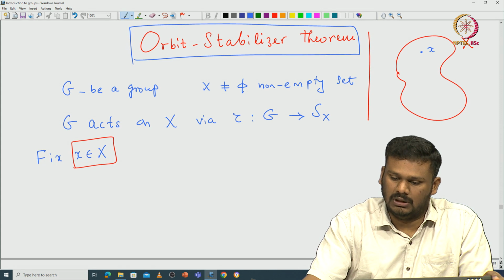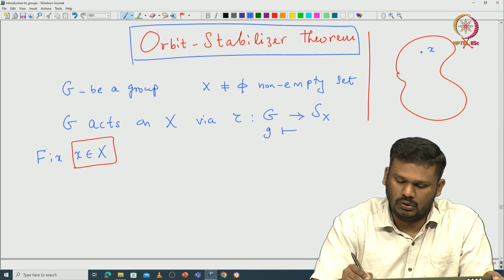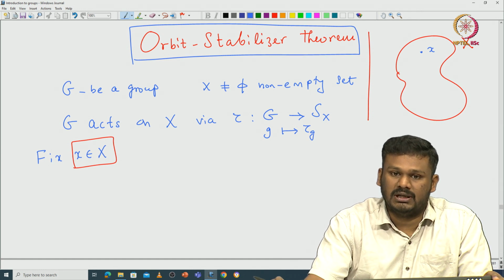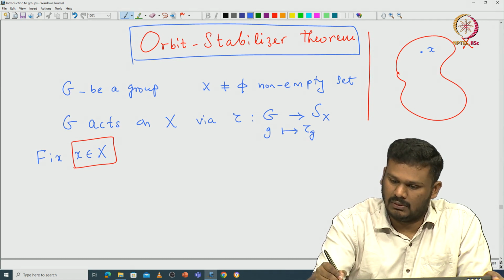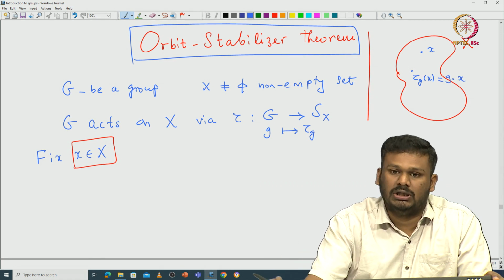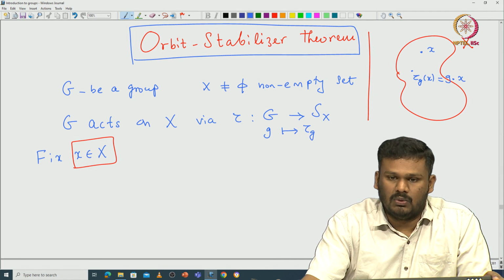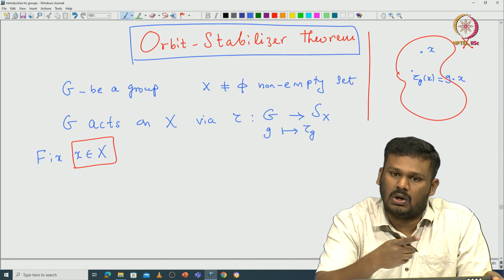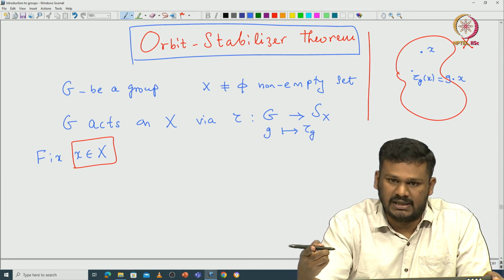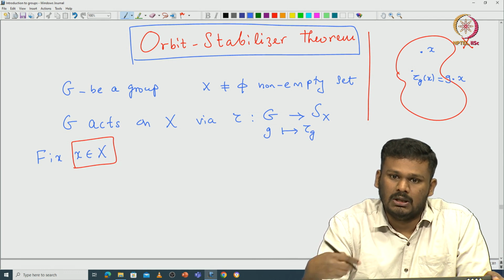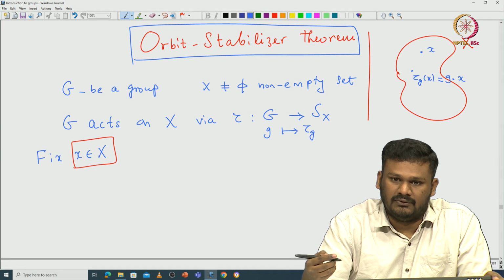So what we can do now, for given G, you have this tau G, which is a permutation of capital X. In particular we can look at the image of this small x under this tau G. Okay, so let us see what happens. So this is tau G of x. In shorthand notation we denote it by G dot x. Okay, and now what we can do, we can vary this G in capital G. So we can trace out all possible images of this x under the elements of capital G. So that is called the orbit of x.